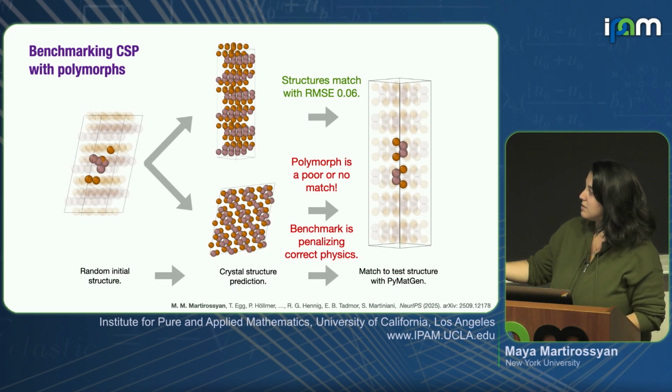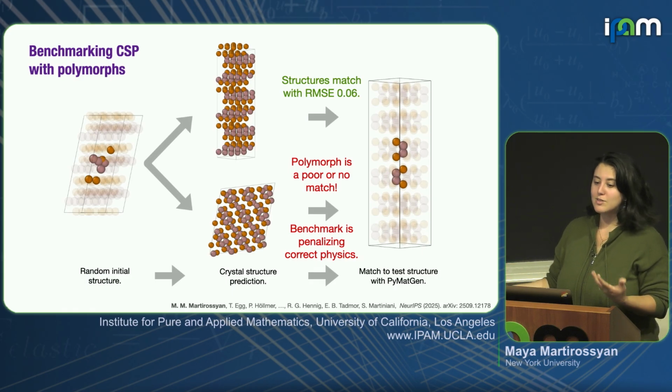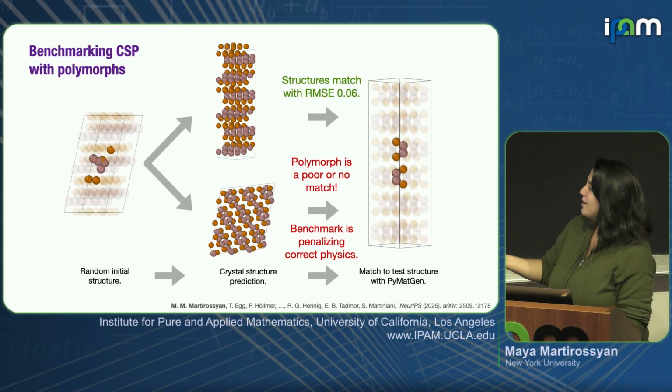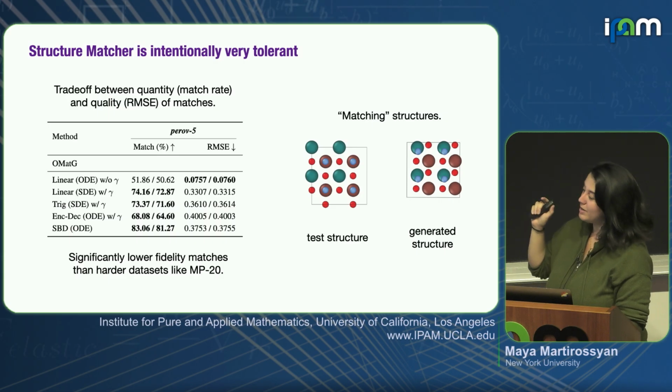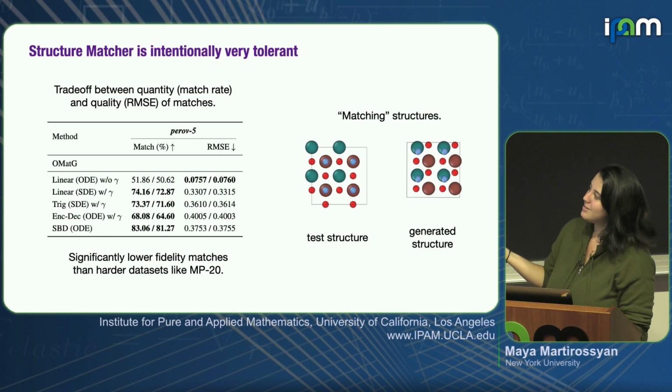And if it just happens to not match the particular test set structure that you've chosen, you penalize your model by saying, well, you didn't match. So this is quite bad, right? This seems like a very enormous oversight. And we kind of realized just how enormous it was. This is dataset dependent, but I will show you that now.